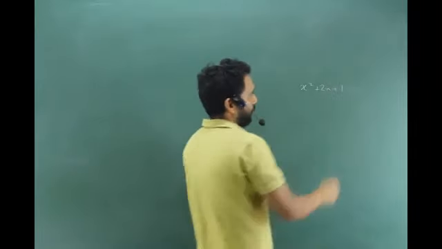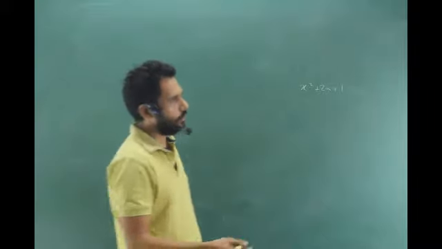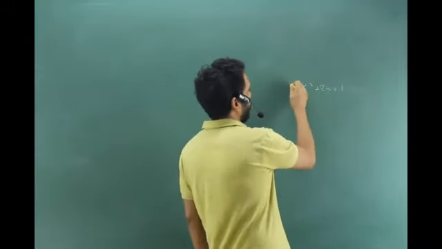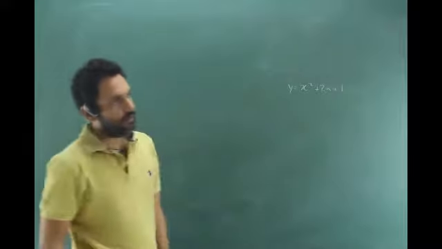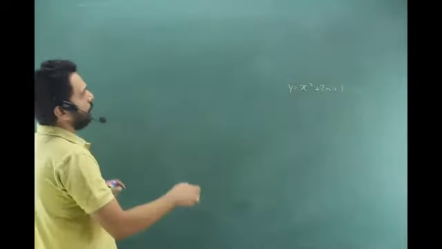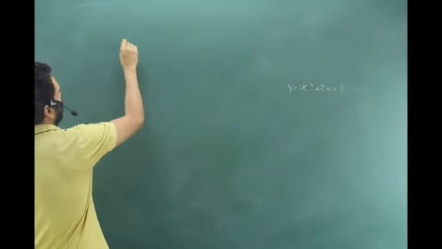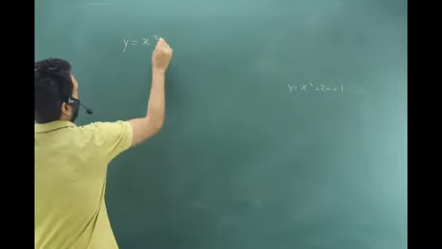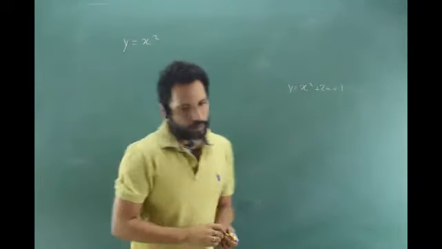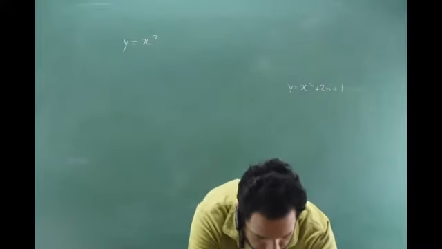In a graph, what happens? We can plot any value, you can put any value of x and you'll get some value of y, right? So that's your polynomial. Okay. So do the most basic one, quadratic, y is equal to x square. Plot this graph for some negative x and some positive x.